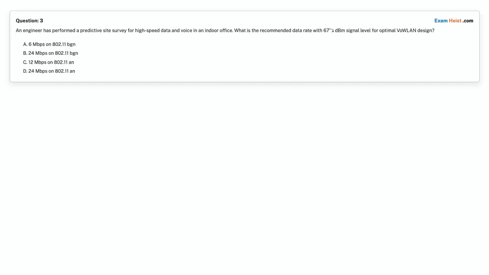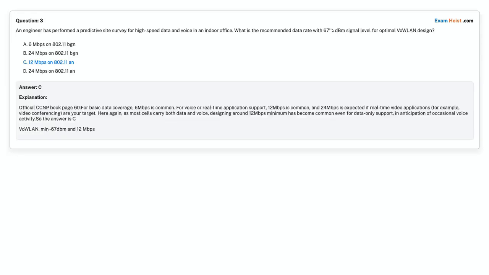Option B. 24 megabits per second on 802.11 BGN. Option C. 12 megabits per second on 802.11 N. Option D. 24 megabits per second on 802.11 N. Choose the correct answer. Correct answer is Option C. 12 megabits per second on